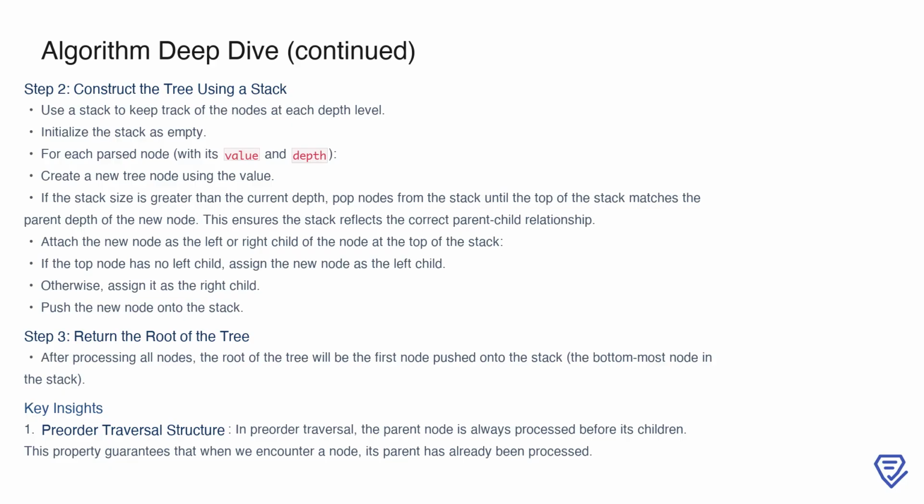If the parent node found at the top of the stack does not have a left child, the new node becomes its left child. Otherwise, it is assigned as the right child. Finally, we push the newly created node onto the stack. Once all nodes are processed, the root of the tree will be the first node pushed onto the stack, which remains at the bottom. This step efficiently reconstructs the tree while maintaining the parent-child relationships dictated by the preorder traversal